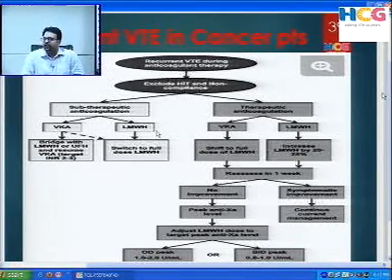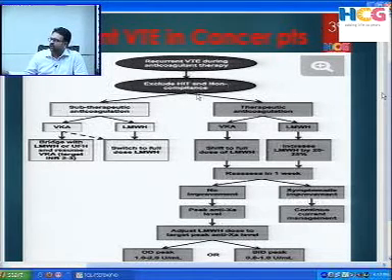So what to do with a recurrent VTE in a cancer patient? Whenever there is a recurrent VTE occurring during anticoagulation therapy in a cancer patient, we should exclude HIT and non-compliance with the treatment. Once this is excluded, we should see the therapeutic range of the anticoagulation. When there is subtherapeutic anticoagulation in the patient receiving warfarin, we can bridge with the low molecular weight heparin and increase the warfarin dosage to the target INR of 2 to 3.